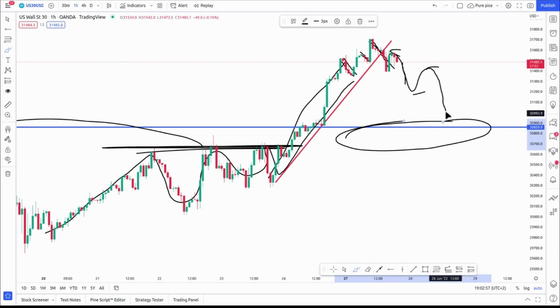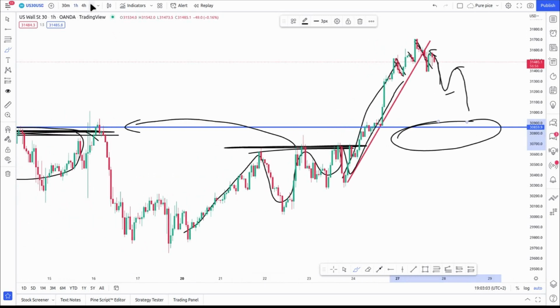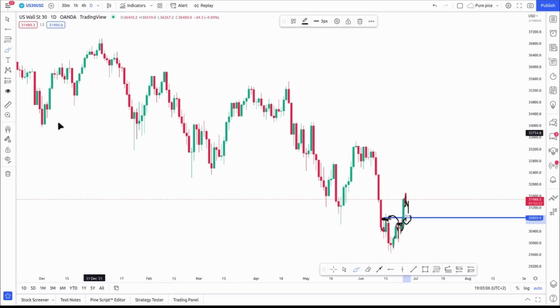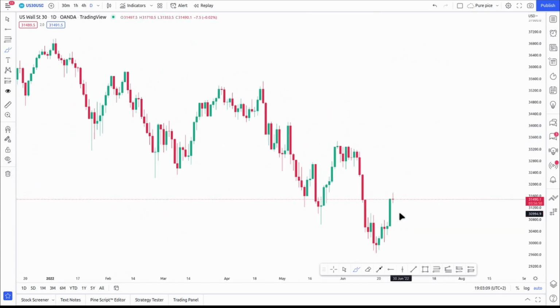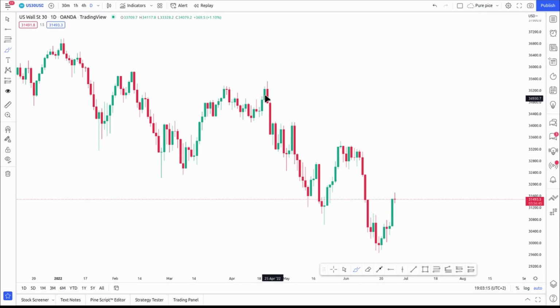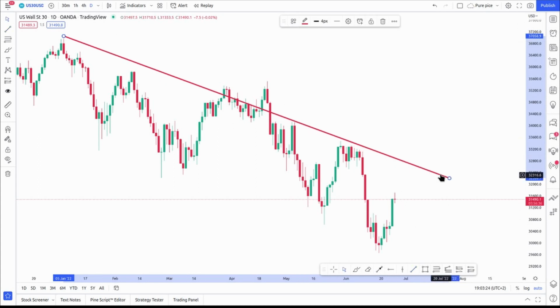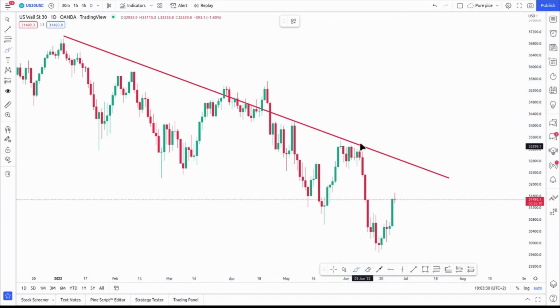It is not a good idea to begin to look at this market as a buyer, just as we've seen here on the higher time frame. It will take a lot for us to change our perspective to see this market as a buy. It will take a lot. We really have to see this flow. Let me put back my initial trend line. We have to see this flow being broken for us to say that we are no longer looking at this as sellers. So as long as the market is still giving us a high that is below that one, and it is still giving us lows which are getting lower and lower, then we are still sellers,